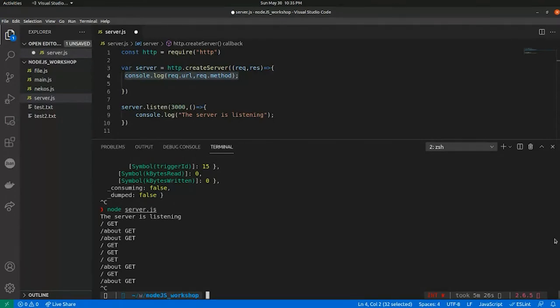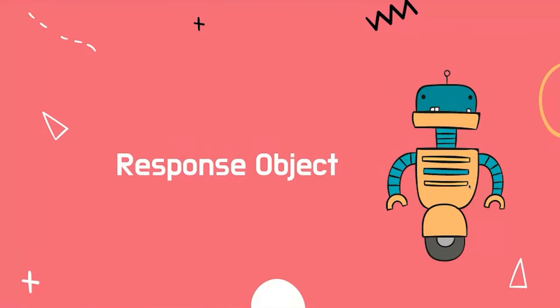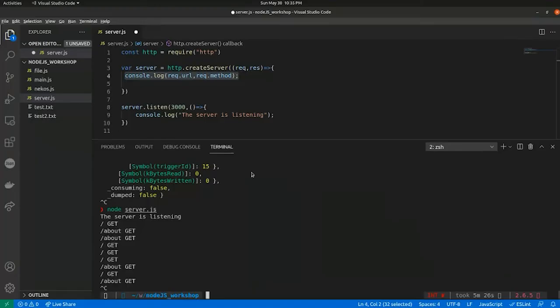Cool. Then let's proceed to the second last part of our session, which is the response object. As Anirudh pointed out, we are sending the console.log as the response. No, that is not what we're doing. What we do is we use this object to send the response. For example,